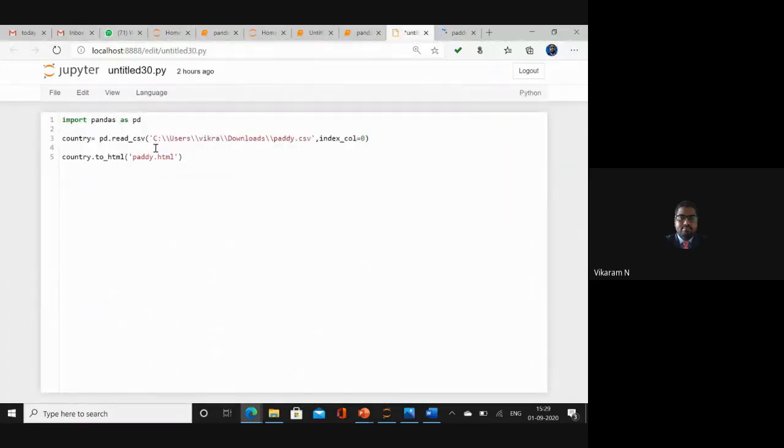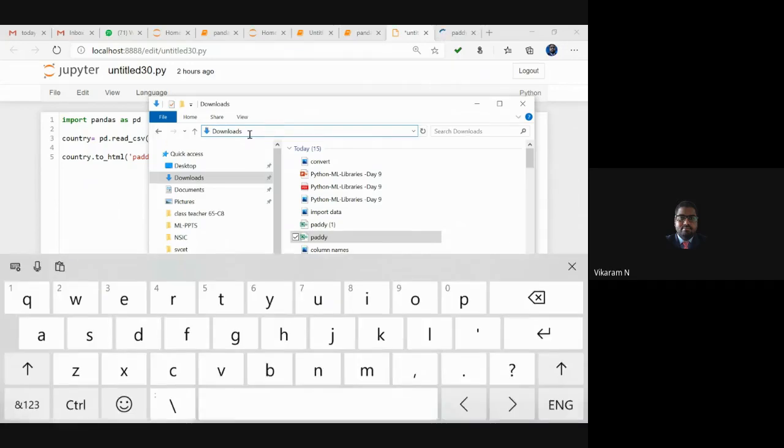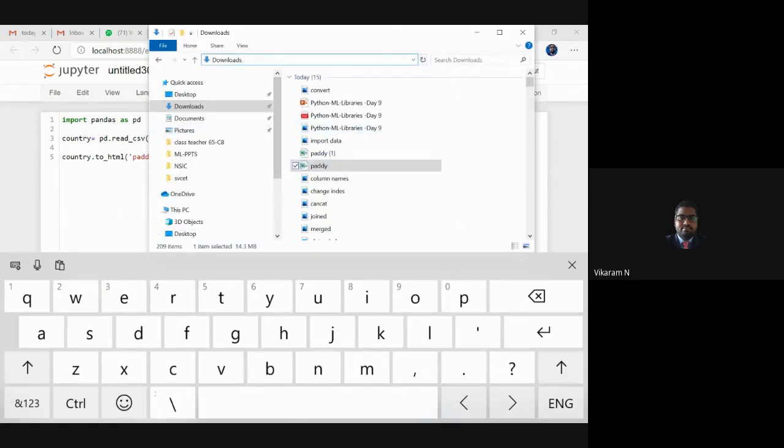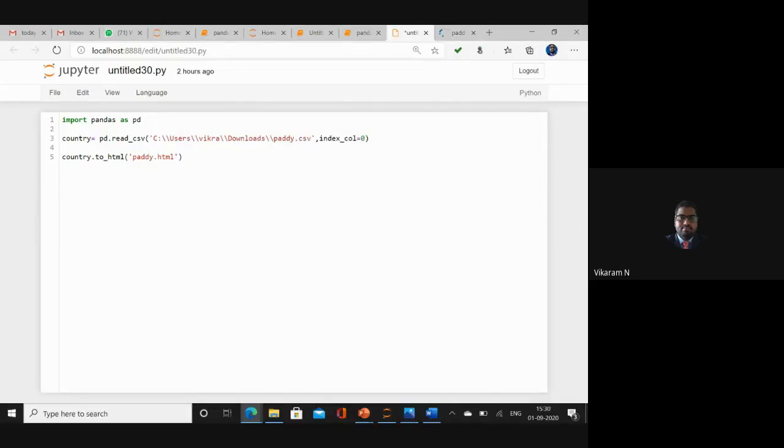See, this is the path: C colon users Vikram downloads and Paddy. Now I am going to the C drive, and you can see the path here. That path I have copied and pasted here, and I just printed it. In place of here, I can use print of country or C. Automatically you can see the screen like this.